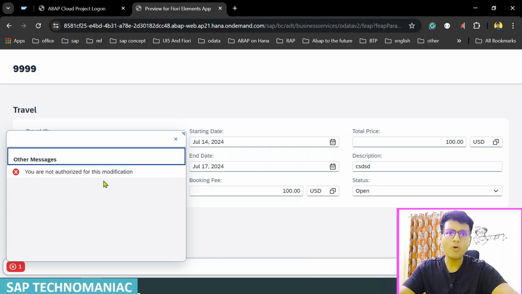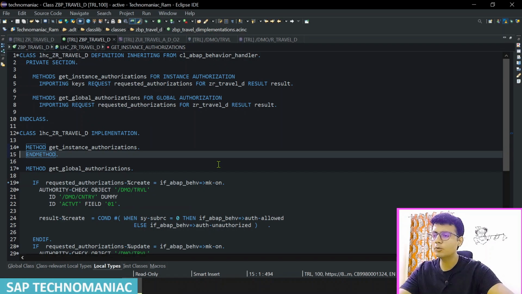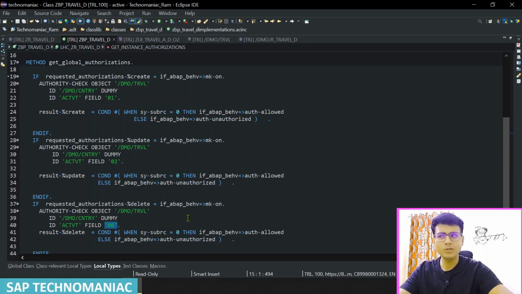You can create your own messages also, and you can fill those messages in the reported messages as well. But as of now, this framework is returning this message: you don't have access to create the particular travel. Now we will implement the instance authorization. For that, let me go to my code. Before going to instance authorization, because it is triggering and checking the authorization each time, and we are returning that we don't have authorization,